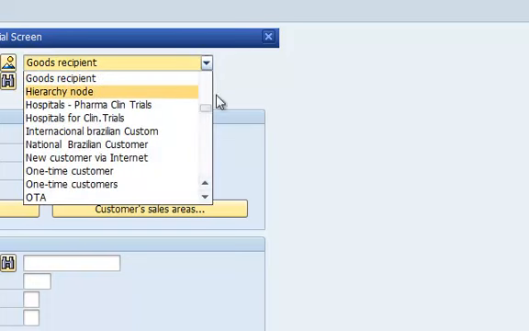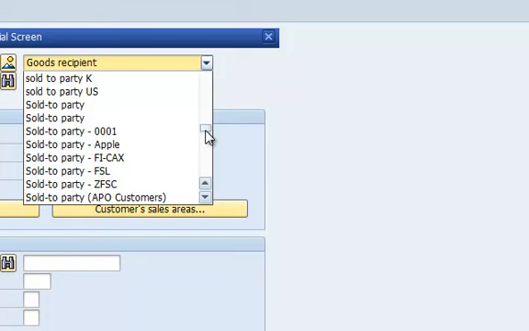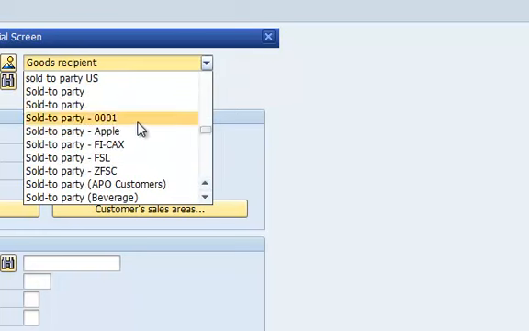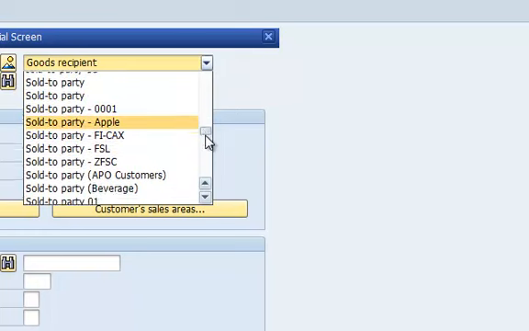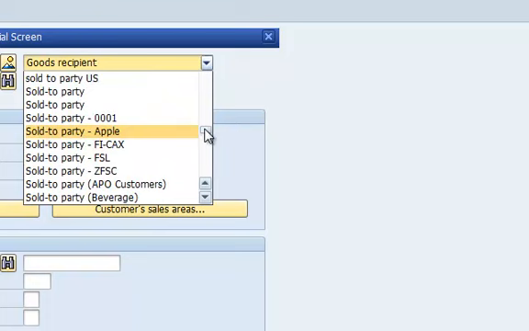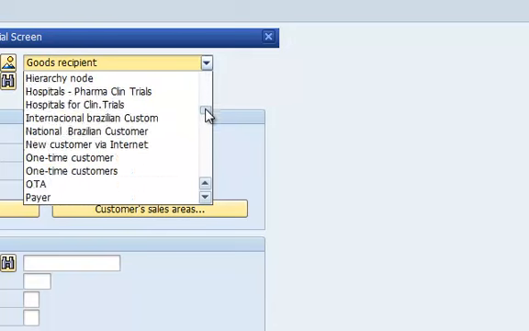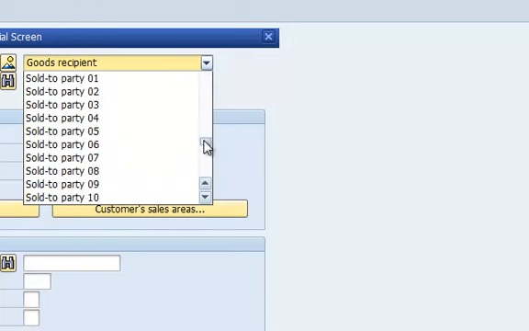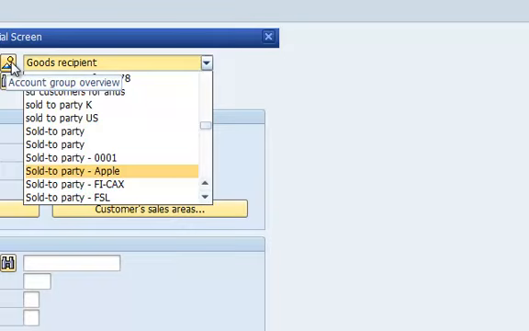Here, unless you know the description, say for example I know the description, so I can pick it here. If you are not able to find the account group that you created, you need to go to this overview. And again, in your projects you will not be finding these crazy number of sold to parties, ship to parties and all that stuff. There will be a limited number of account groups, and even if there are more, everything will have a meaning. In projects you won't be seeing 20 or 30 different sold to parties with this kind of numbering. So if you click on this account group overview,